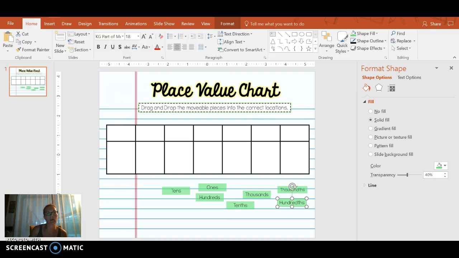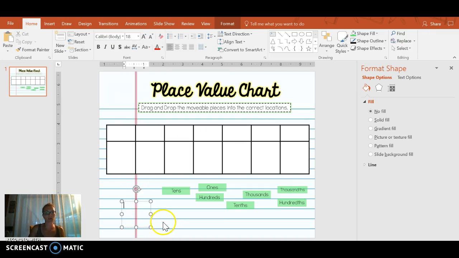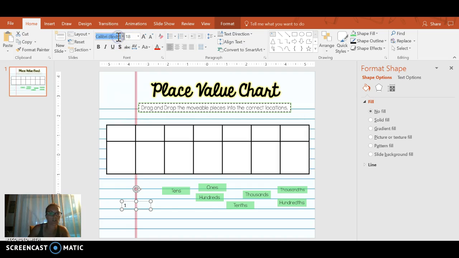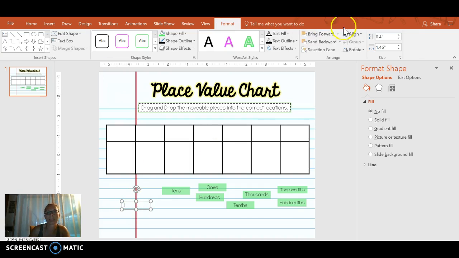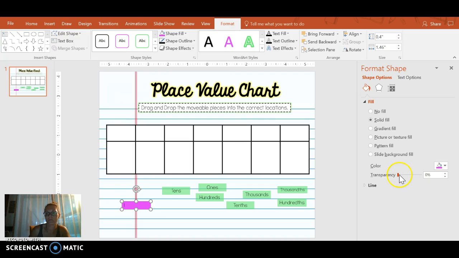So basically now what I'm going to do is create my text boxes for the actual value that they represent. So 1, and I'm going to change this to shape fill, transparency,